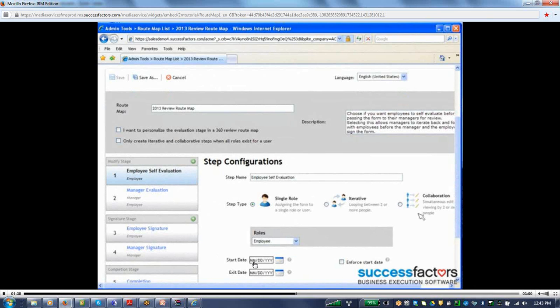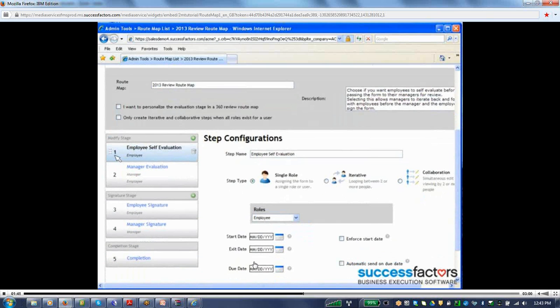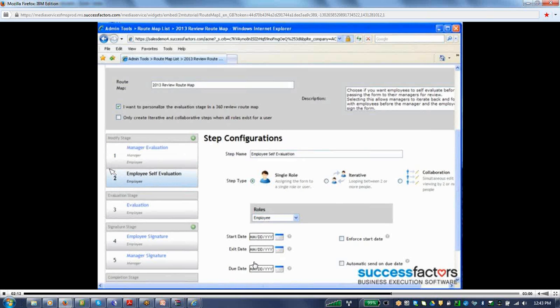Lastly, a route map does have specific stages it follows. Those stages are highlighted along the left side. Modification is where edits are made. Evaluation, a special case when you identify this as a 360 review route map, is used for feedback. And finally, the signature and completion stages are where the process gets wrapped up. Now that we've covered the basics, let's help you get your route map added and configured. If you would like to change the order of sections on your route map, you can simply drag and drop by holding the grip. If you would like to edit labels or roles, simply click on the step, type in your new name,